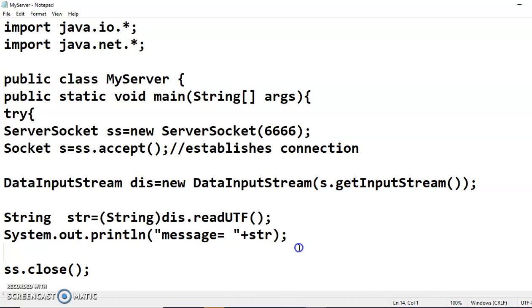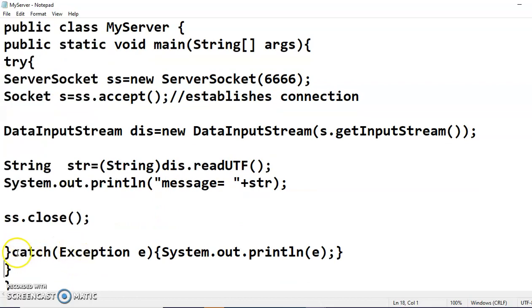If we don't close the connection, that port will remain busy and it will not accept further connections on this port. So in order to release the resources of the server, we need to close the connection. The statement used to release the resources is ss dot close.